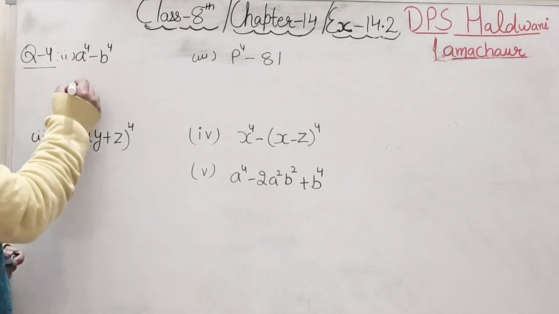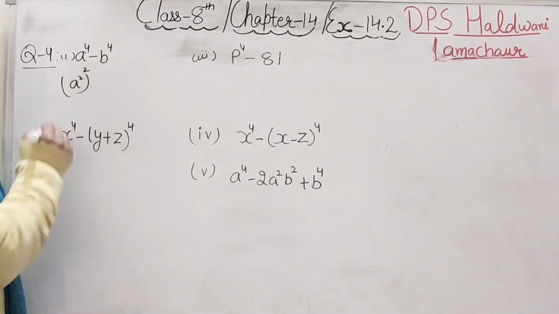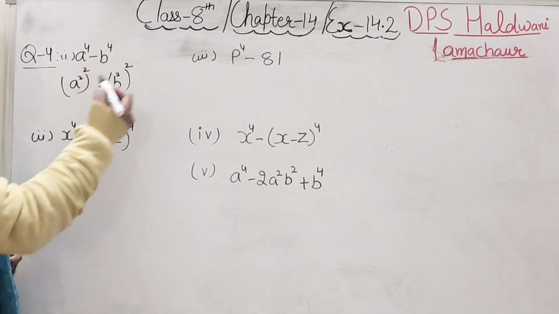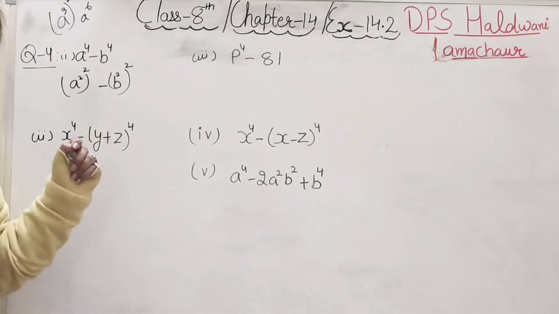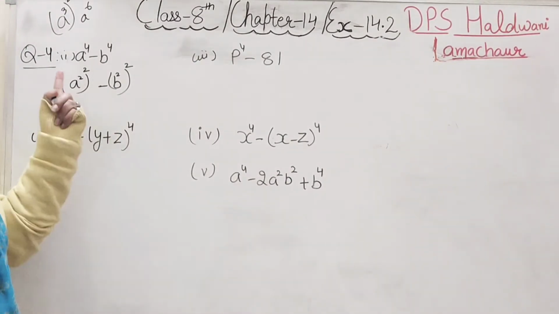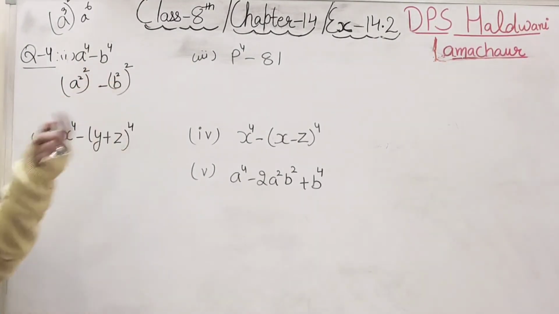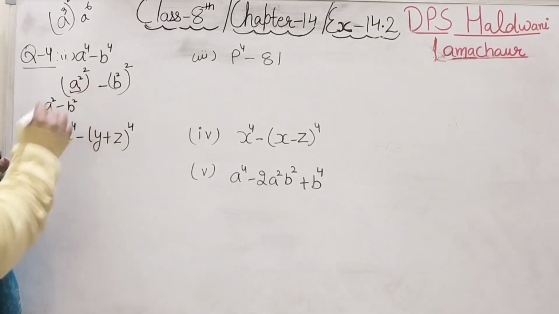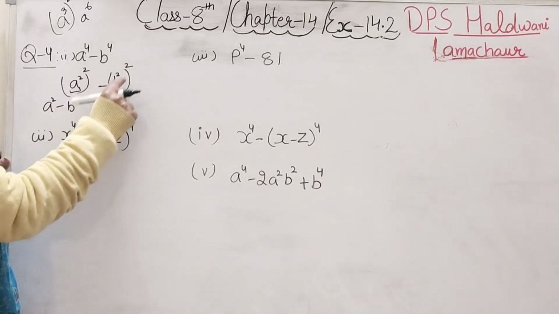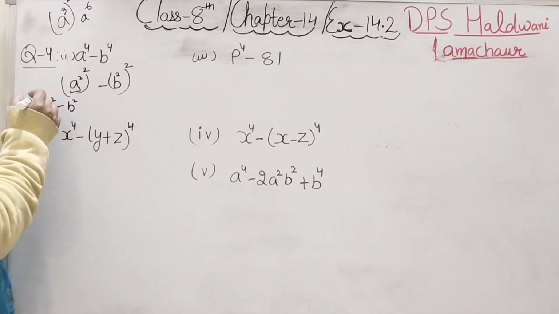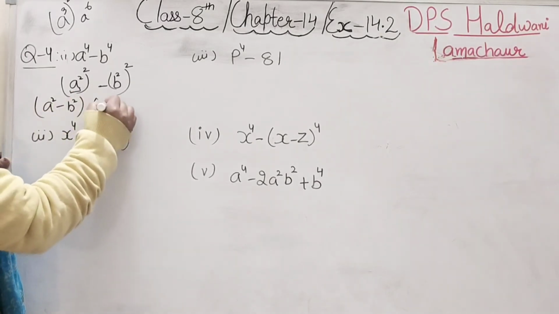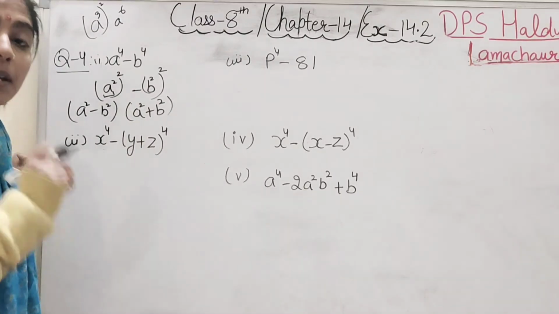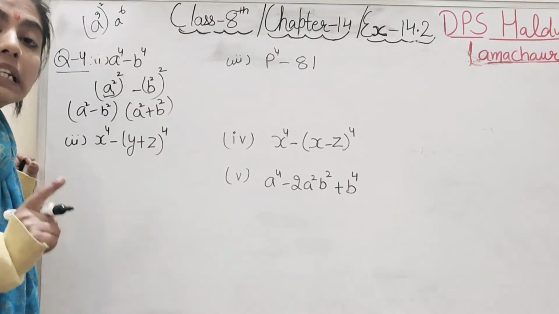So this term you can write down, student, as a square square minus b square square, because 2 2s are 4. This you know, student. Why have we done this? Because to make the identity a square minus b square. So the formula is a minus b. Now here a is a square, because we have a square minus b square. So the a value is a square. So a minus b and a plus b. That's it, student. Please see the parts also. Don't forget to write down the correct part.